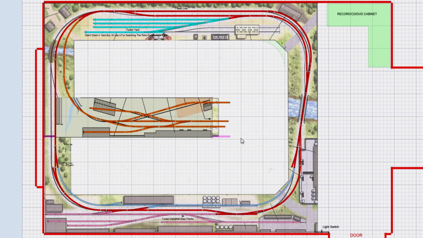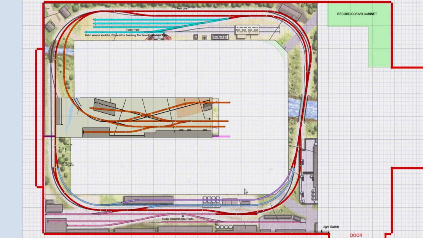Now, is this overkill? Maybe, but it should add some fun to the railroad operations. So then I needed a place to load sugar beets. Initially, I was going to use this track right here, but after a couple of friends politely told me I was crazy for tying up my passing siding, I added this track. Now I could leave cars out here to be loaded with sugar beets and not tie up any part of